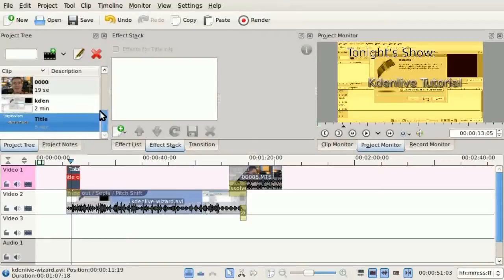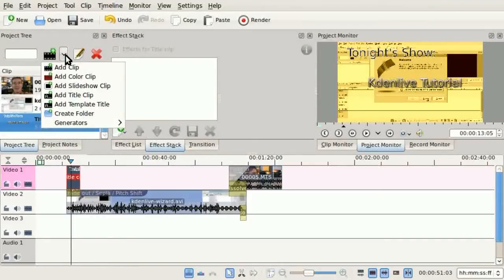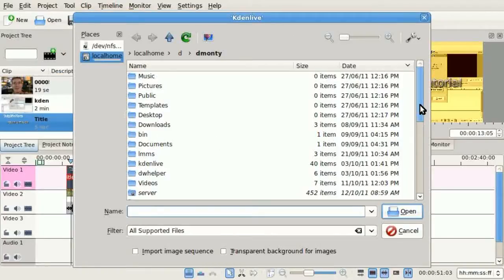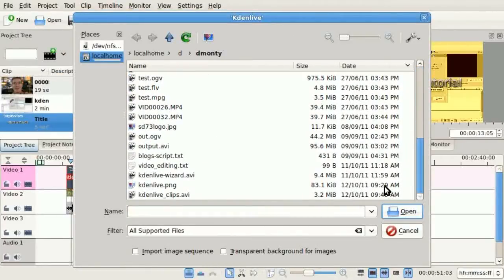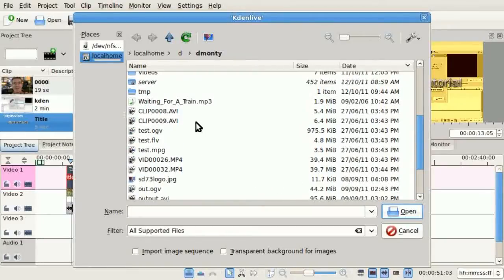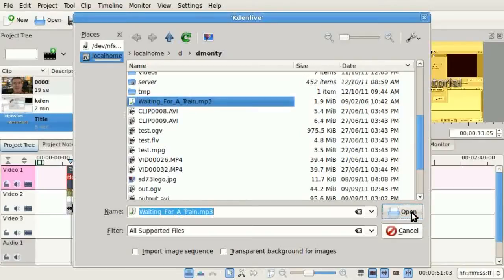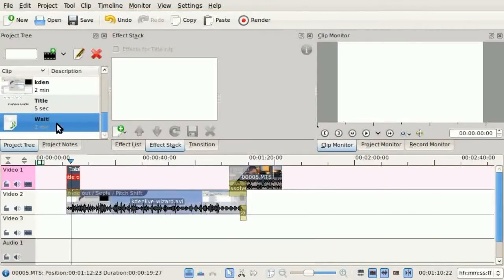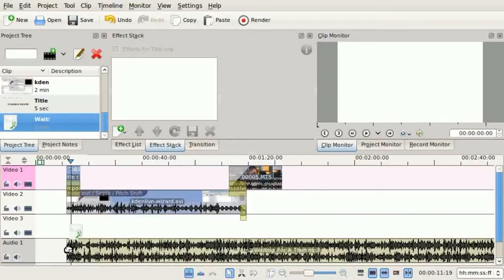Okay, so we've gone over adding video clips, adding titles. Let's add some music. So it's just a regular clip again. And instead of finding a video file, we find a music file. So I had downloaded one earlier. Okay, so here's a music file now, and you've got 1, 2, 3 video tracks, and here's an audio track down here. So I'm gonna pull that down into the audio track,